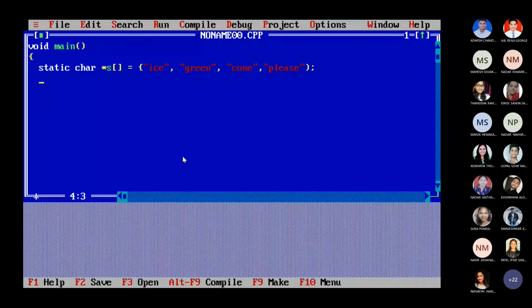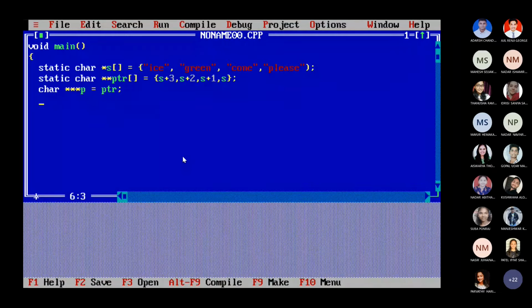Second line was static character star star PTR is nothing but your s plus 3, s plus 2, s plus 1, s plus 2, s plus 1 comma s. And then third is character triple star p is equal to PTR.